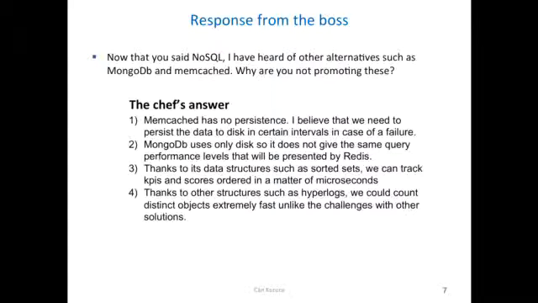First of all, Memcached has no persistence, so I believe that it doesn't belong to this scenario because in case of failure, we're going to lose data, and it doesn't cache data to disk. Secondly, MongoDB uses only disk, it has persistence, but doesn't give the same performance levels. Thirdly, we have